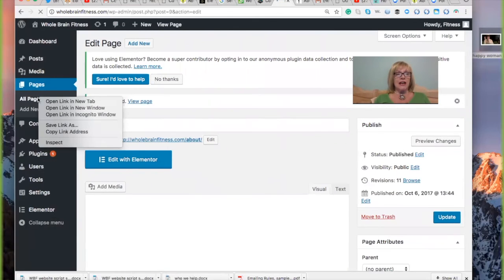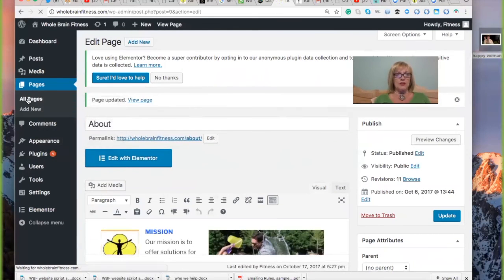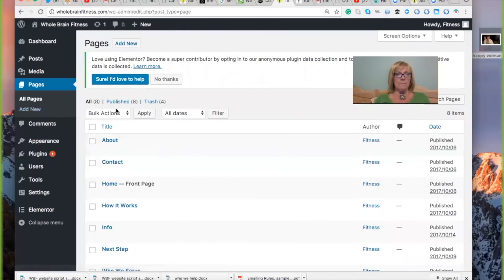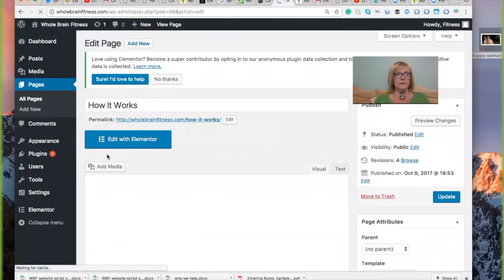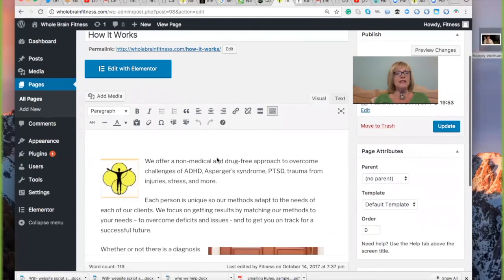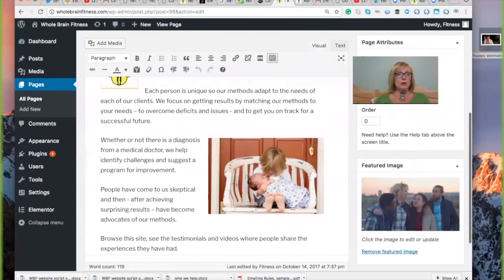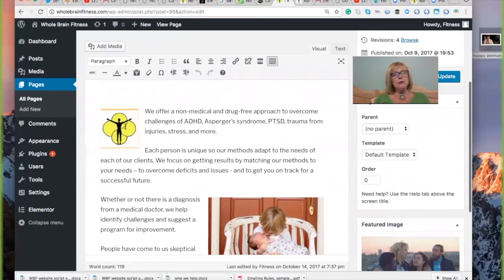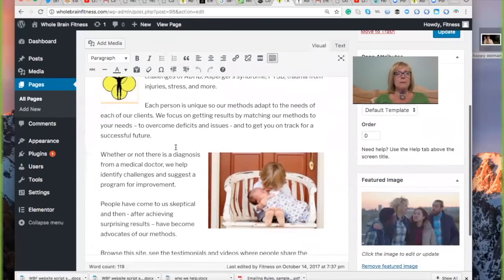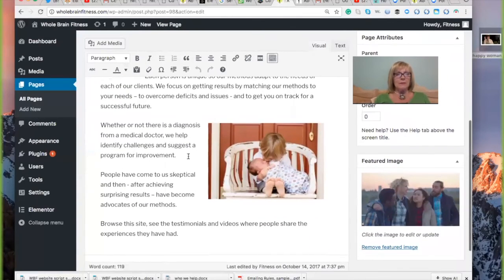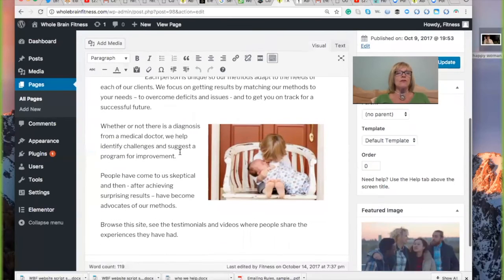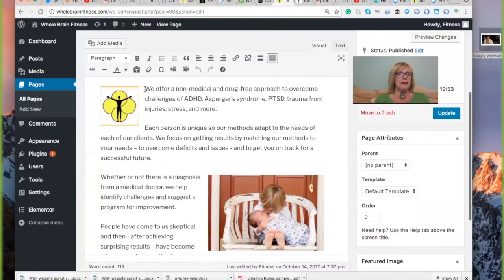So now let's look at another page, about how it works. Again, we did not edit this page in Elementor. We used just the regular WordPress editor. We added the logo, like I already showed you how to do that. Here, we didn't add the picture up here. I added it down here because I just thought it looked better on this page,